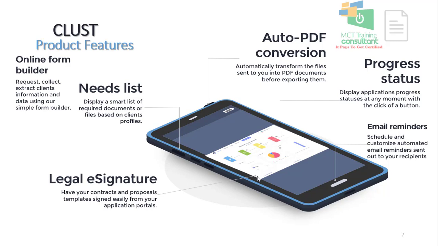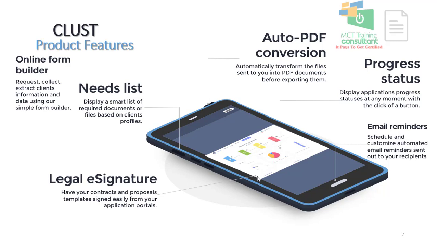What if you can provide your clients a way in which they can log into a portal and fill that form from the comfort of their homes, meaning they can fill it from their cell phone or their computer or their office or anywhere they have access to the internet. You can literally build your online form and request certain information you want to collect from your clients. Of course, it comes with different types of smart lists where you can put a list of documents you require people to upload. You can also require legal signatures, especially for proposals.